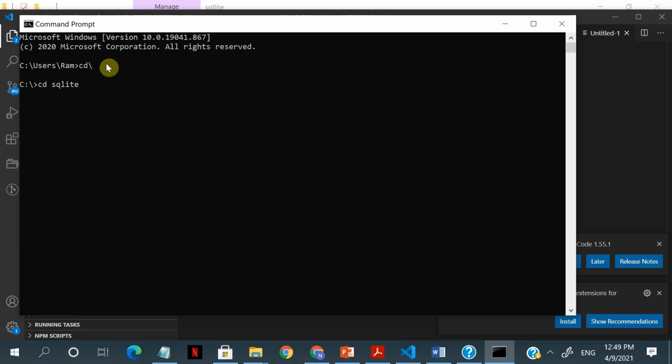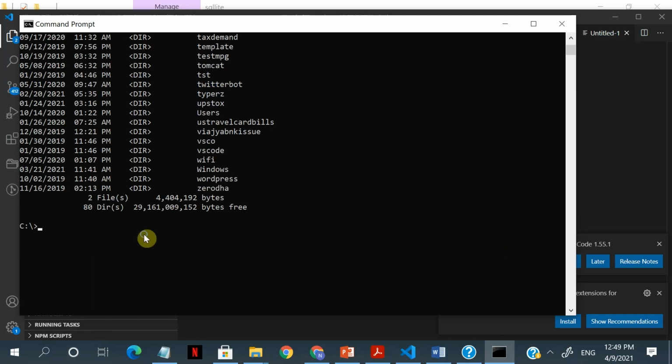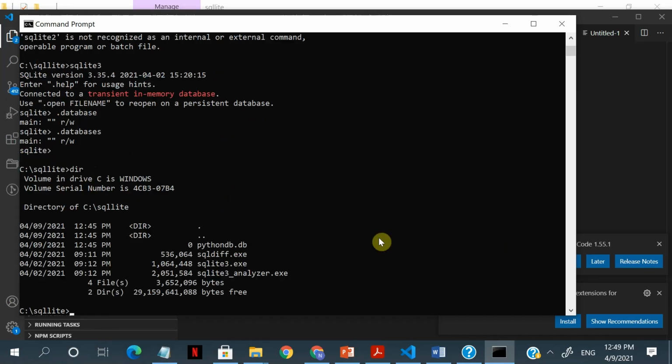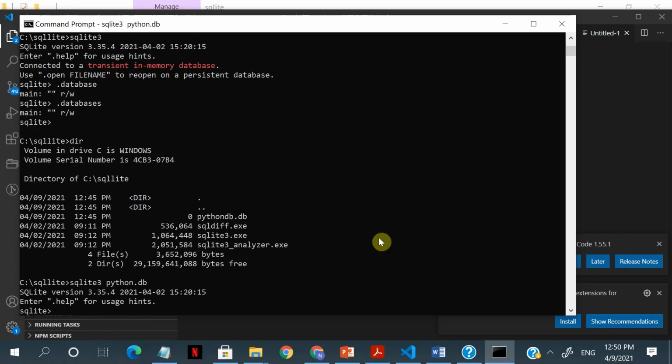So basically SQLite has to be downloaded to your machine here, and we have it already. I've installed it in this folder. So we're going to go over here to that folder .db. It will create that particular database. Now if you see here,